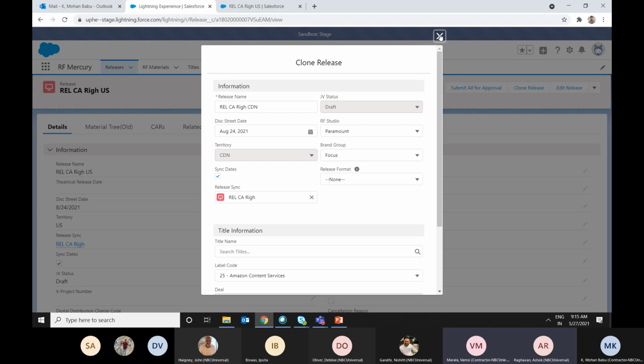What is confusing, Vamsi, is that there is a disk stick date, that is a state date of your release, and assuming it is tied to a title, why would they allow the user to select another title? I know it is work in progress. If you get more clarity, you can let us know. Yeah, sure. Once those two stories are completed, then we will get the clarity.